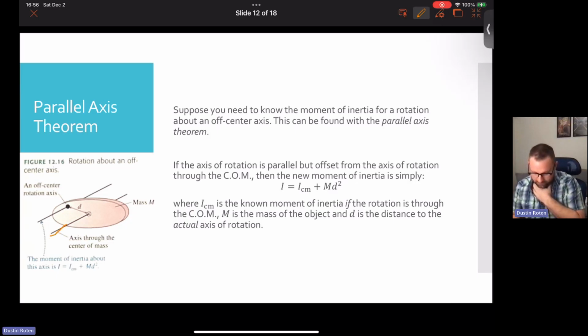See, if we have this axis here that goes through the center of mass, that'd be an easy way to calculate the moment of inertia. Any sort of calculation about an object's center of mass makes it easy. But here in this picture, what you'll see is we actually have an off-axis